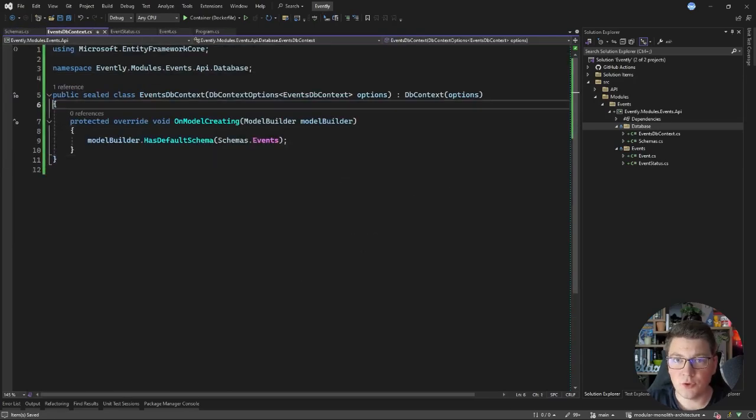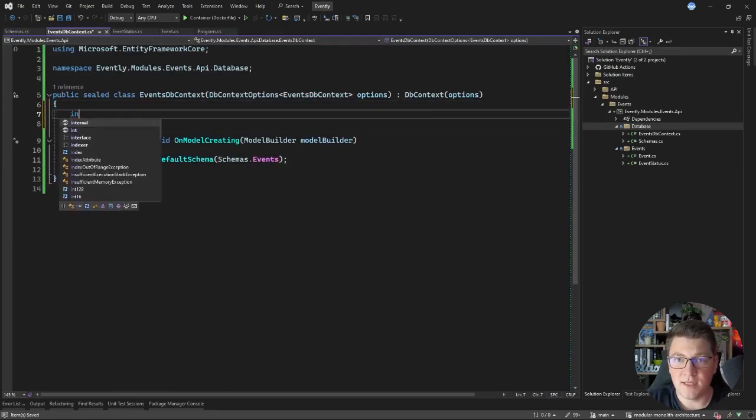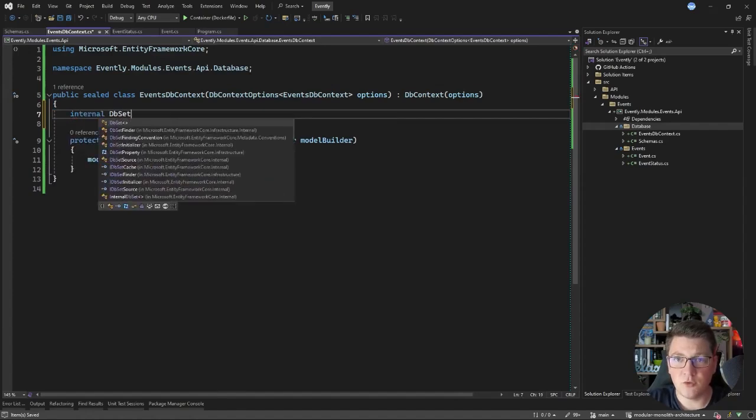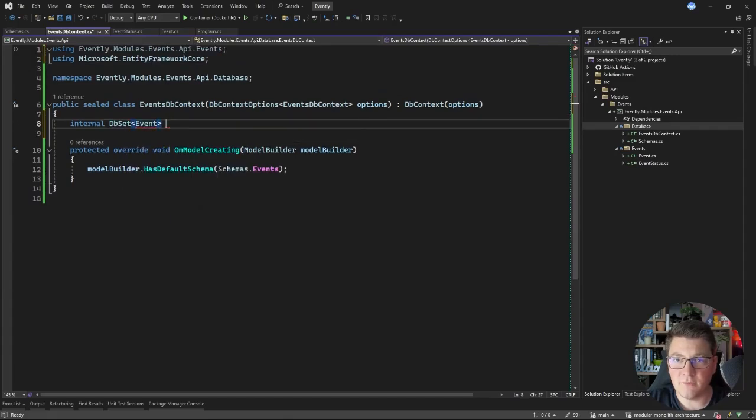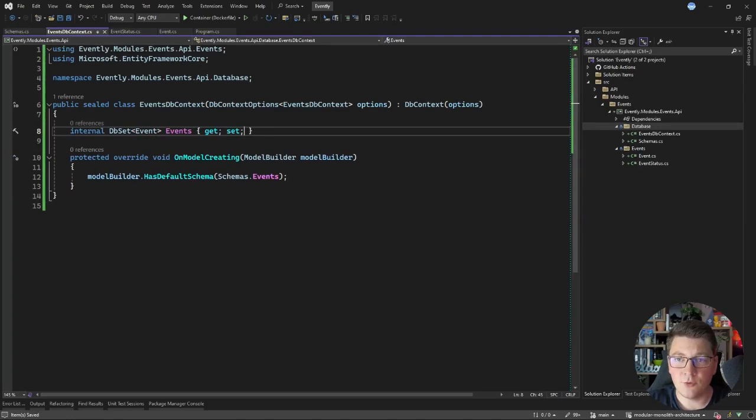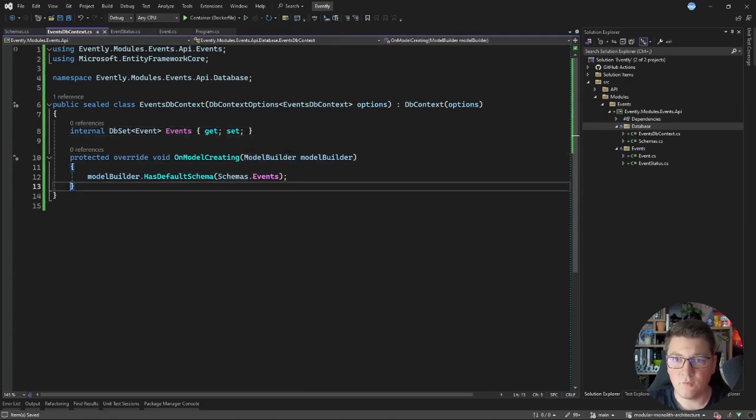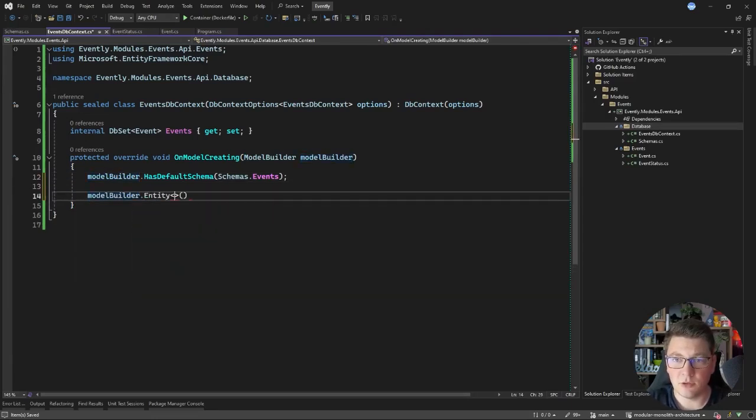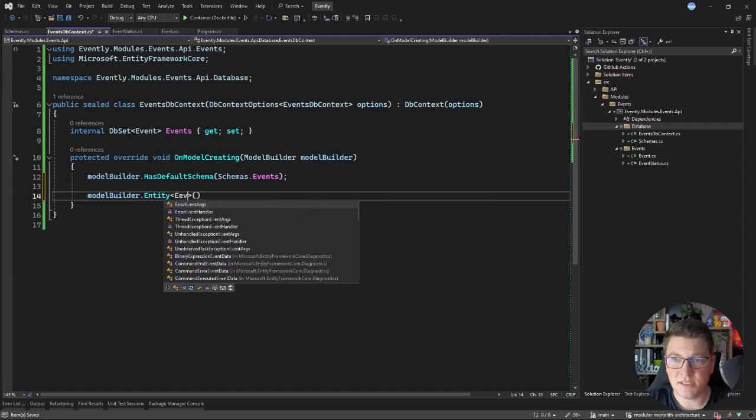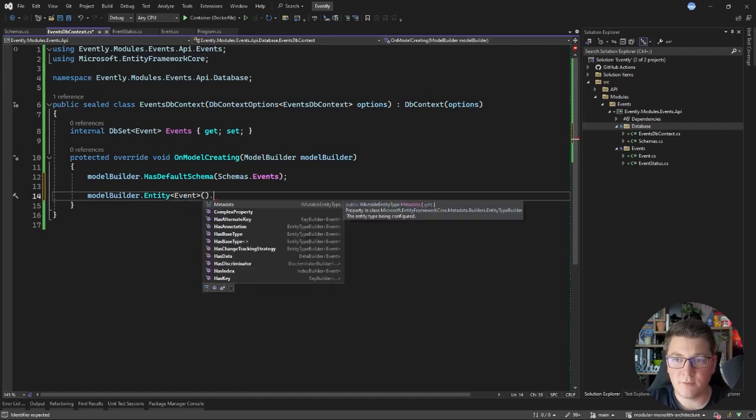One more thing I want to introduce in my database context is a database set, which I'm going to make internal by default. And what I'm going to reference here is my event entity. Let's call this the events DB set, and we're going to give it a getter and a setter. At this point, we could go ahead and configure some of the properties on the entity by calling the model builder entity and then specifying our event type. However, most of this is going to be unnecessary because EF